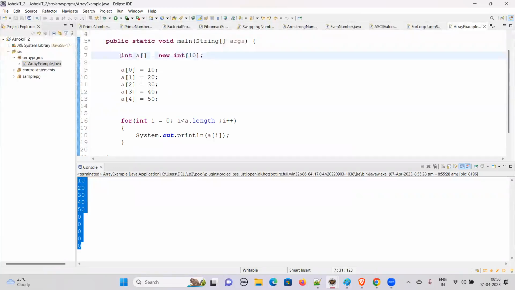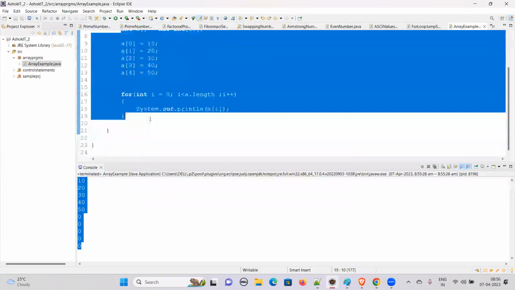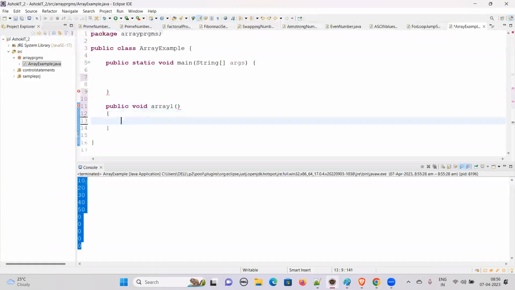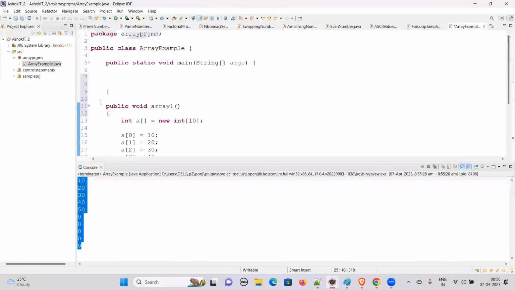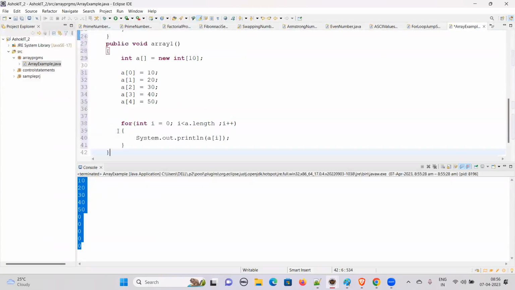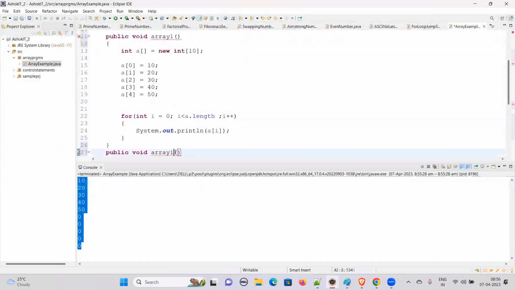Okay. So this is one way of declaring the array. I'll show you another way. I'm going to write a simple program here. A simple program with a block of code, Array 1. So this is one way of defining the array. And the second is like,